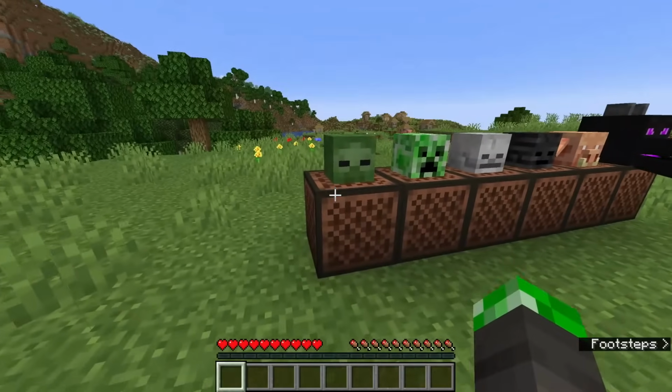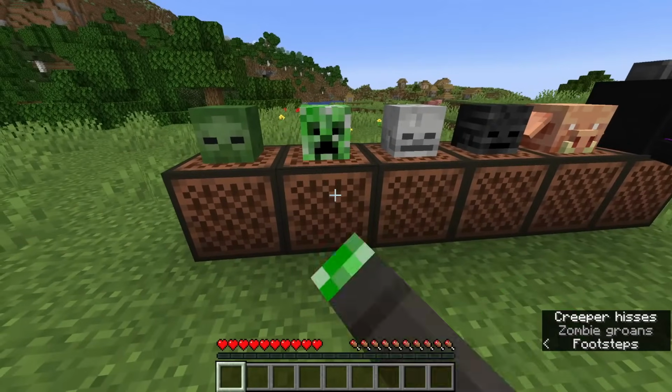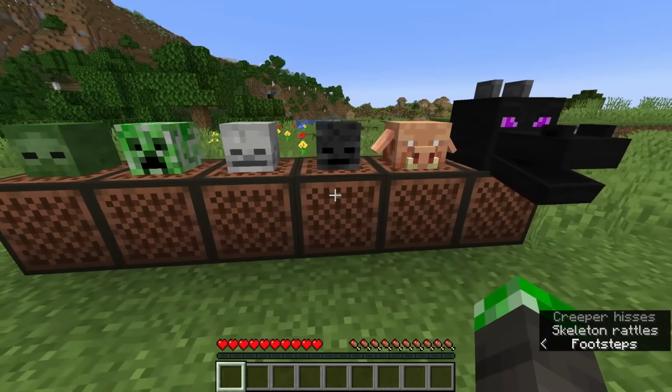And now a bonus fact for you guys. In modern Minecraft, placing mob heads on top of a note block plays that mob's sound when you click the note block. How is this useful exactly? Well, it is, cause